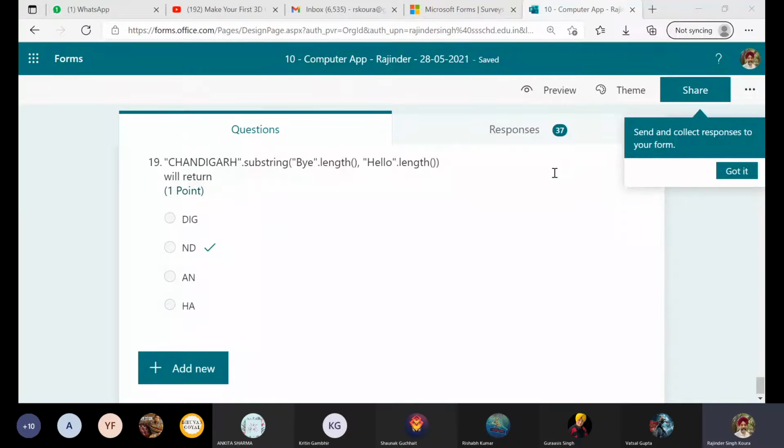Okay, so let us do the compareTo. Although compareTo, you will not be using it much, but still, suppose